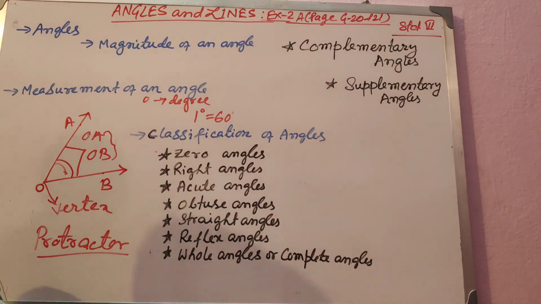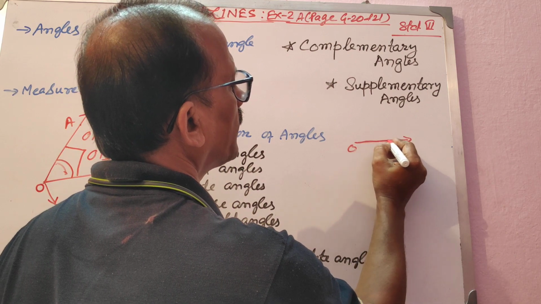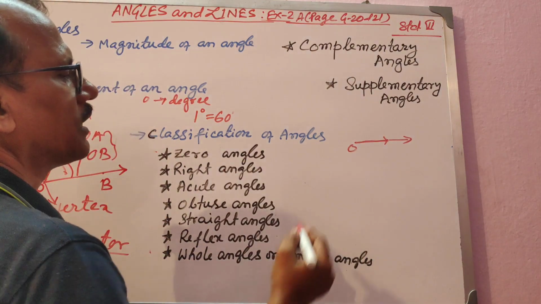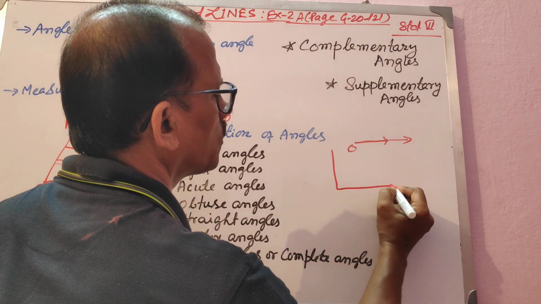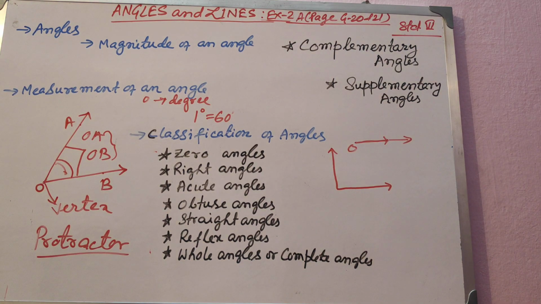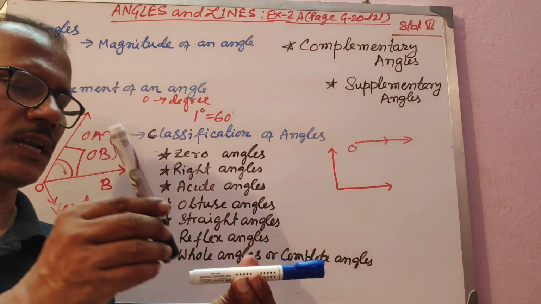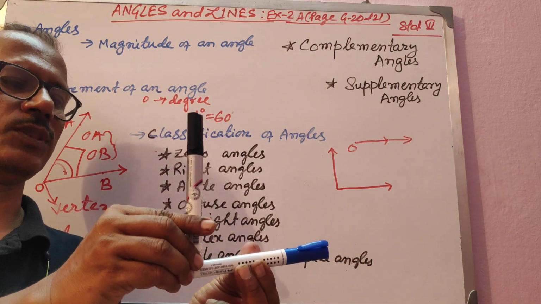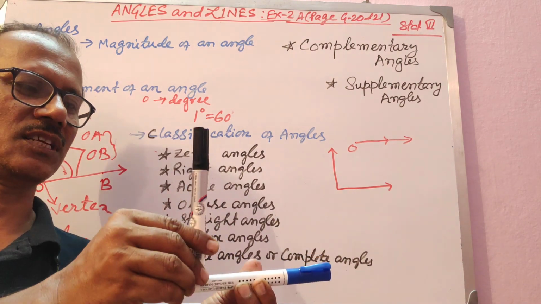Now move to the right angle. We have learnt about the zero angle. Here is O, here the second ray is meeting. This point is forming a zero angle. Now I will tell you what a right angle is. One ray is exactly perpendicular to the other ray. Perpendicular means falling at 90 degrees. Once again listen, suppose this is the ray, and then another ray is just perpendicular, forming 90 degrees, exactly standing on it, no inclination. Could you understand? That is called a perpendicular line.